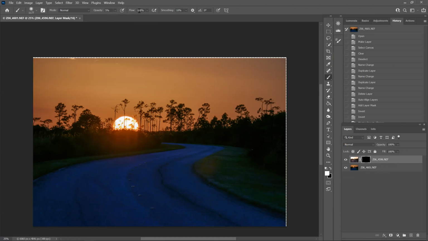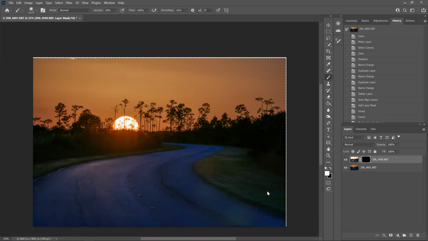The opacity and flow. Now there are people that will go up to 100% opacity and bring the flow down. I don't know, jury's out. Most people, if you're just dodging and burning, you just want light, gradual changes, you would want to leave it at very, very low opacity, and it'll take you forever to color in all of this. Because I'm going to paint like hell with this white brush, and you can see it really isn't doing much. But if I up that opacity to about 40%, now look at it. Ooh, we're bringing that layer back.